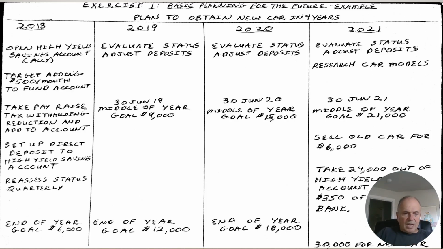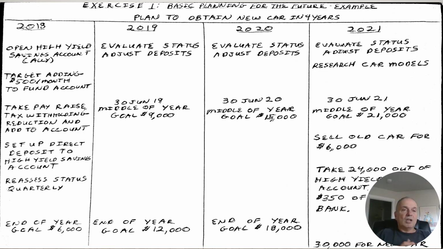And then I'm going to take a series of actions. What it boils down to, and you look at the bottom, I have the goal for the money I'm going to get. First year, 6,000, 12,000, 18,000, and then I'm going to get to 30,000. So I'm doing things here. I'm using interest, and that's where I actually start off. As we get into this, I will spend a lot of time talking about interest and how you can use it to your advantage and how you can avoid it hurting you.